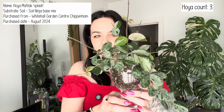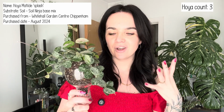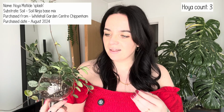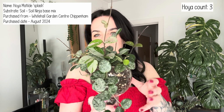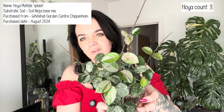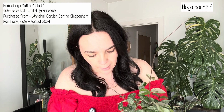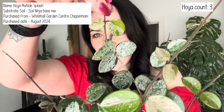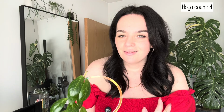So Hoya Mathilde Silver, or is it Hoya Mathilde Splash? I don't know, but I bought it as a normal Mathilde. And there were a couple of strands in there that were really, really silver, and I've really lucked out on the genetics. Big, big fan. I love it. This next Hoya,